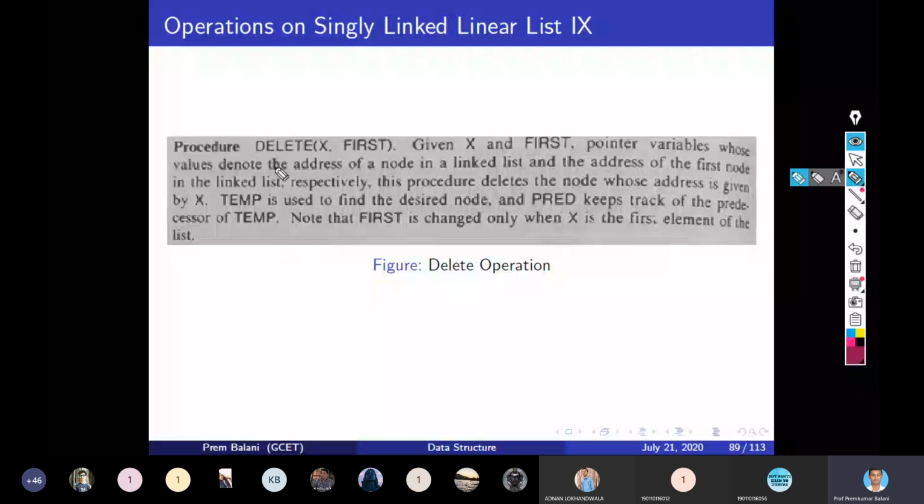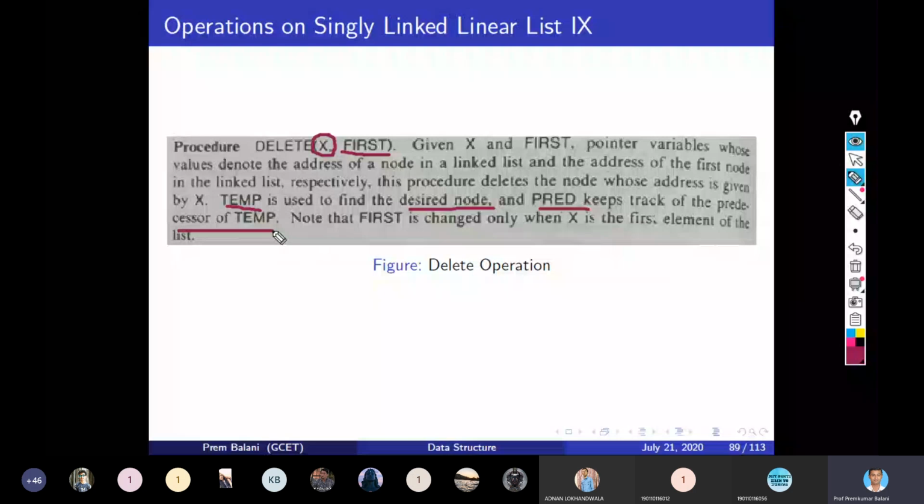So in this algorithm we want to delete from the linked list which is pointed by first, and we want to delete the node whose information part is X, right? And here temp variable is used to find the desired node, and predecessor node keeps the track of the predecessor of temp.